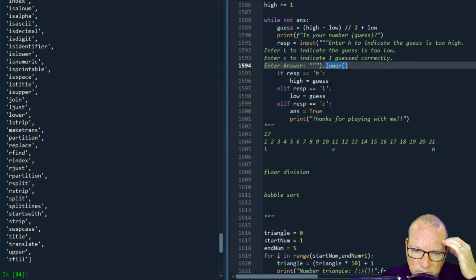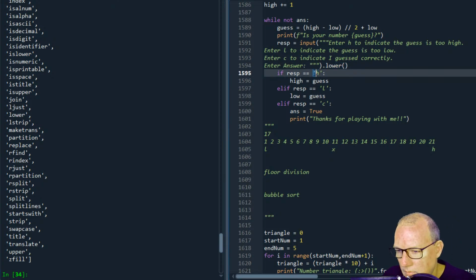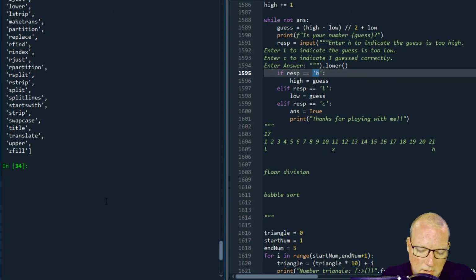So what am I doing here with lowering? This is how, because if you look right here, everything right here is lowercase. And I think we showed yesterday with the Pareto that these are not the same.